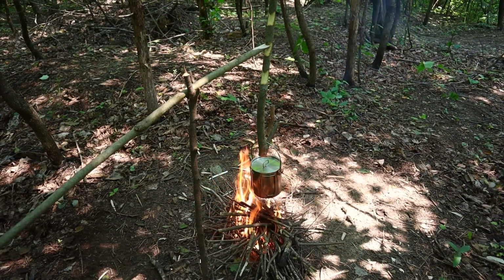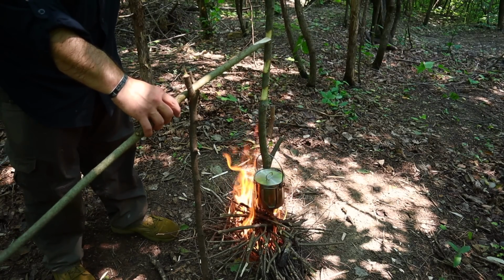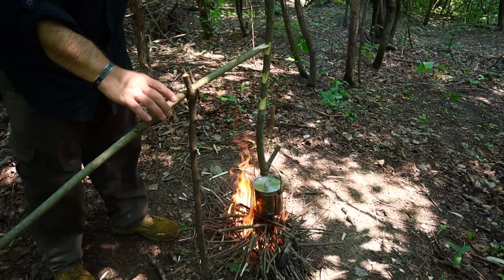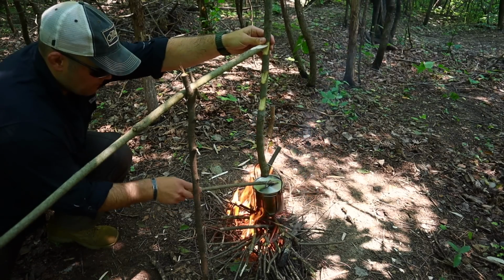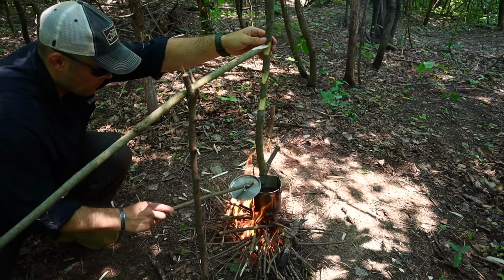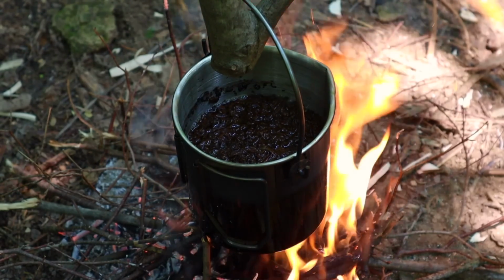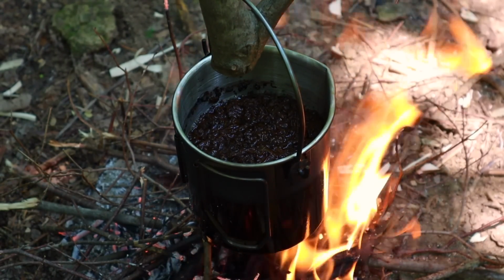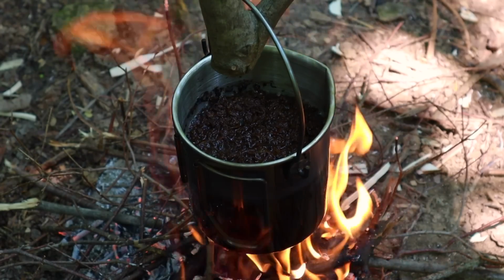As you can see, we can elevate and lower this bush pot hanger very easily. One technique we should do prior to actually hanging that bush pot is leave the D-ring for the lid up so we can actually use a stick to get in there, pop the lid off, and check on our brew. Now, the best way to brew tea out in the field, especially with whole leaves like this, as opposed to tea bags or tea packets, is we don't want to bring it to a boil, although